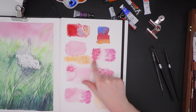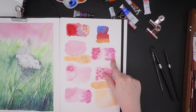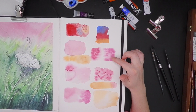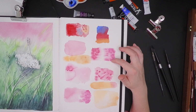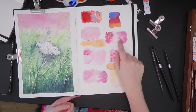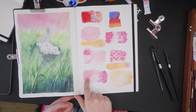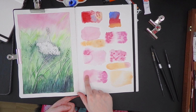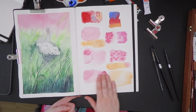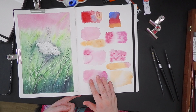From the left side of this patch, it's just Schminke magenta. And from the right side of this patch, it's quinacridone magenta from QOR. Right now, when it is dry, I can see how QOR magenta is better distributed. This patch is similar to this one, but I made a pool of Schminke magenta in the ox gall, and I dropped it here. And it almost instantly ran into almost the whole patch, and was distributed amazingly